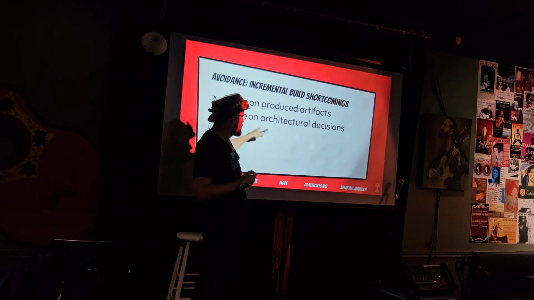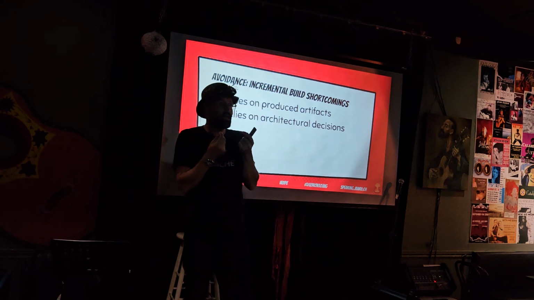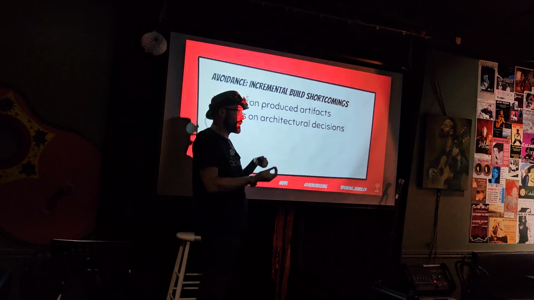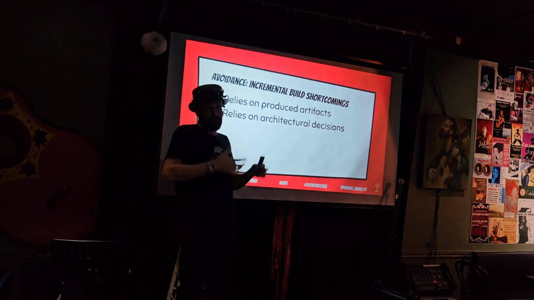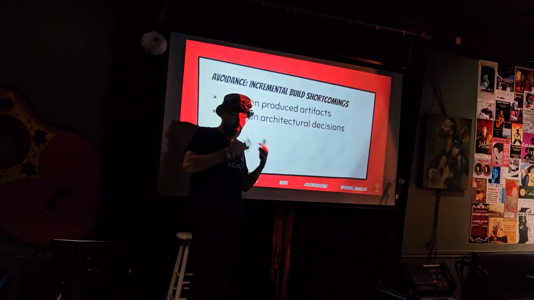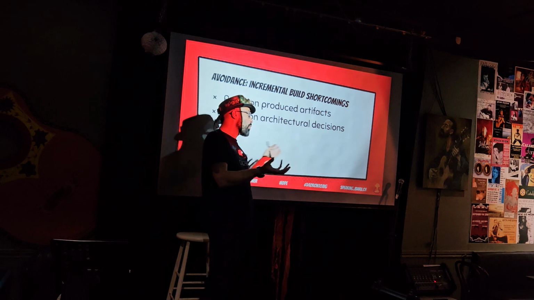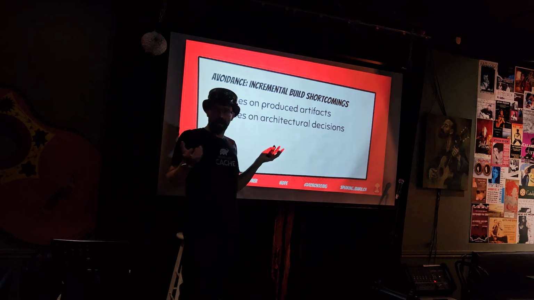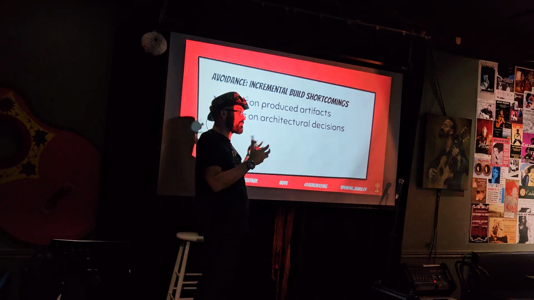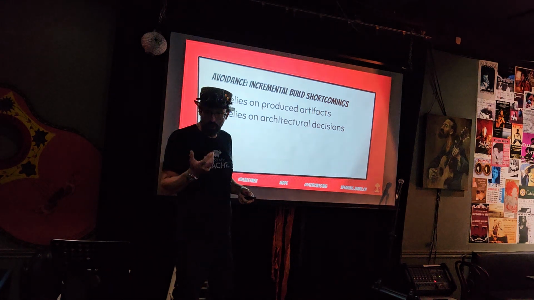The other shortcoming is that it relies on architectural decisions. When it decides what tests to run, it will look at your declared modules and how they depend on each other to decide what should we test and what's not. There are two problems with that. Sometimes we have a monolith, we don't have modules, so it will run everything all the time, or we just didn't break it well enough. The other is, well, in the ideal world, the API will never depend on the implementation. We don't live in an ideal world, and sometimes stuff breaks in unexpected places. Your incremental build won't know how to change it.